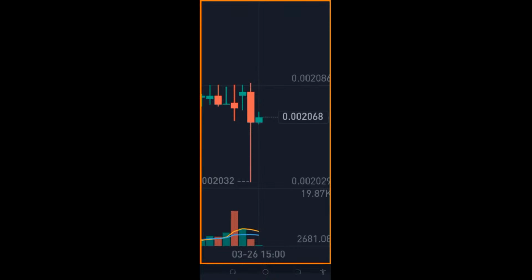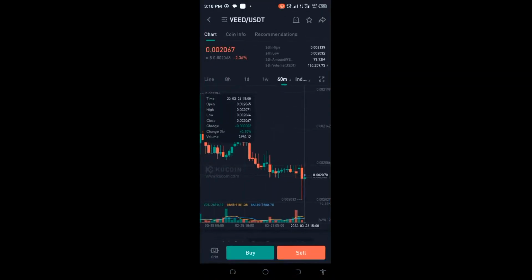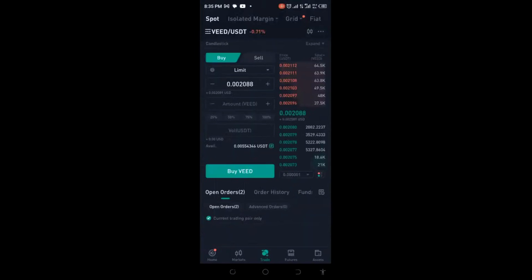We bought it at 2069, or let's even say we bought it at 2070, thereabout. So anytime, we'll just come back. I'll keep an eye on this. If I see any beautiful updates, I'll come back and give you the results. And if we get sold to BTC, obviously I'll be back with the results. See you shortly. All right, I'm back, and right now I can see that VID USDT is now